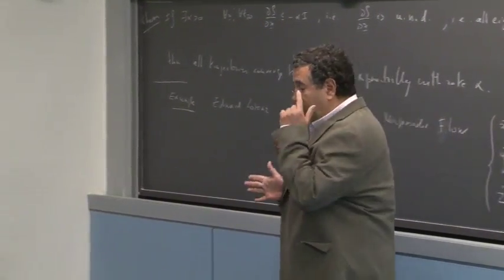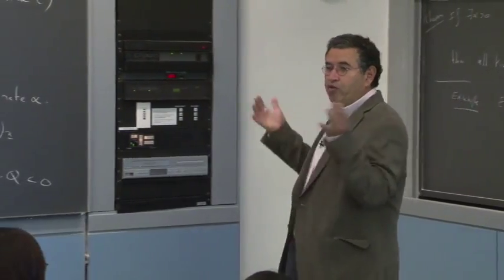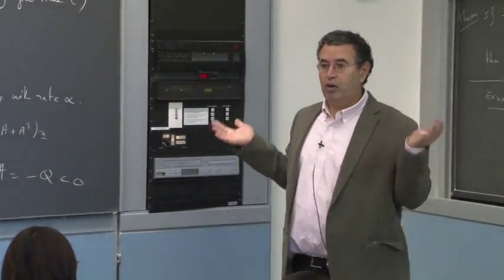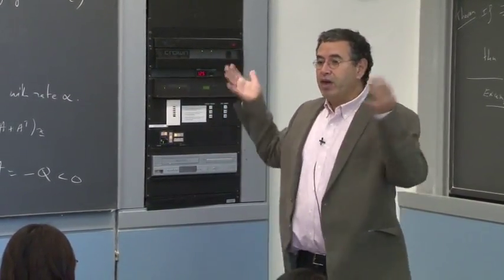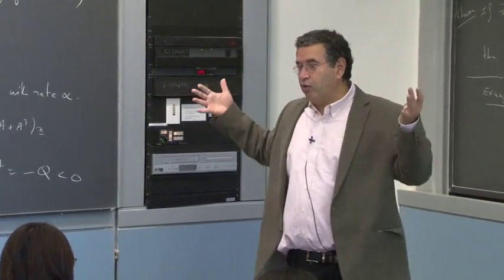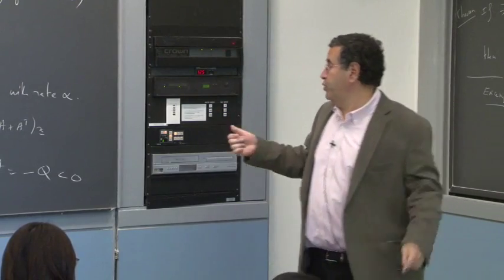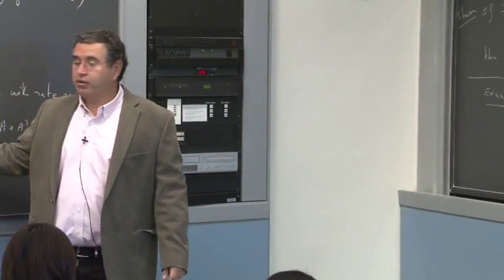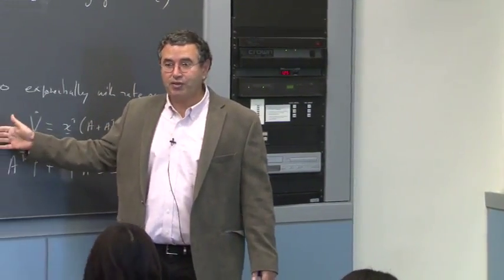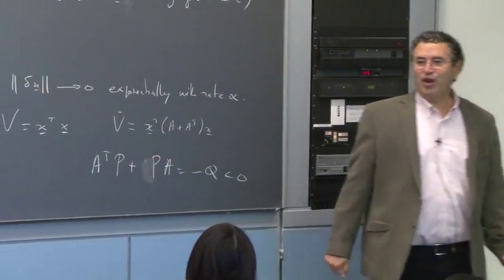But of course, we can start with this sufficient condition and just try to generalize it, to make it more general. And perhaps if we make it very general, then we'll end up with a necessary and sufficient condition. Here we said, well, we take X transpose X, not general enough, but X transpose PX is general enough, if we do the right things.